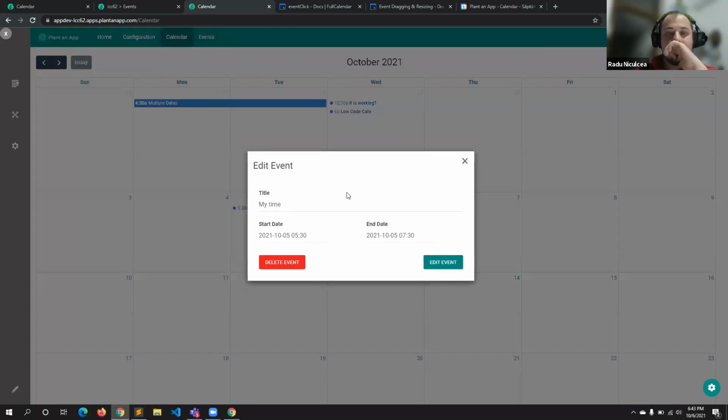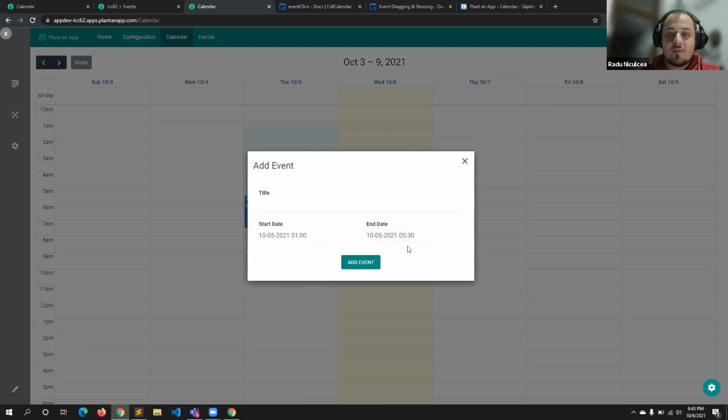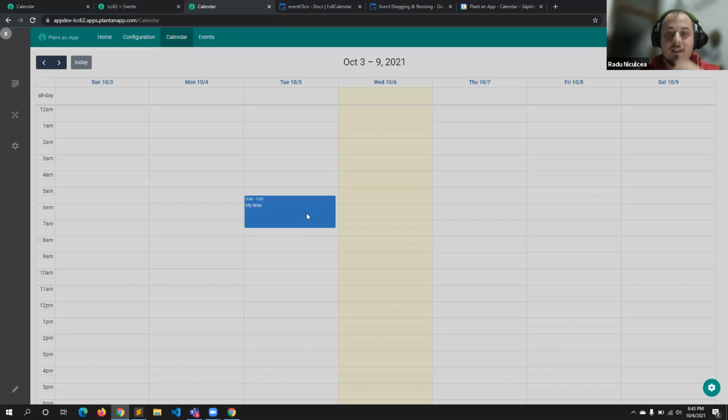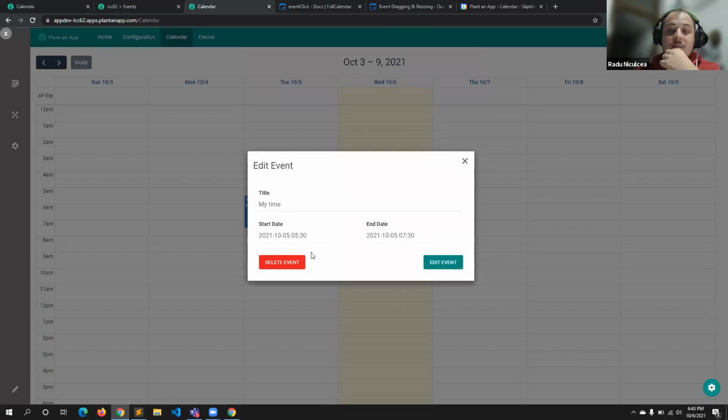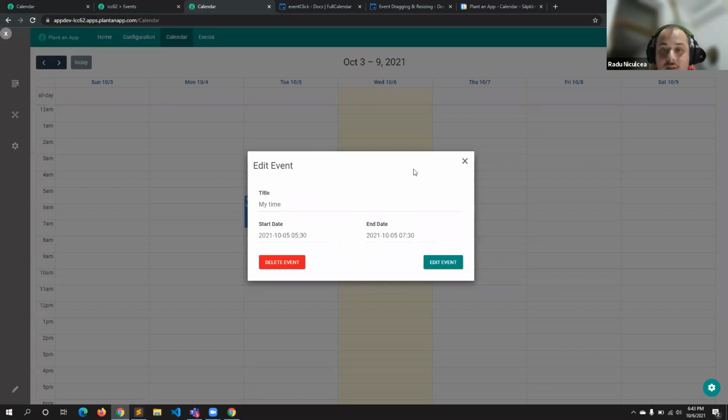Cool. So right now, if I go to the week view and choose a section, I get the form to add an event. Otherwise, if I click on an event, I get the form to edit the event. Now that I have pre-populated the form, what I need to do is resave with new dates, if I want to choose different dates or different end dates. So I need to do those modifications, and also make the delete event work.